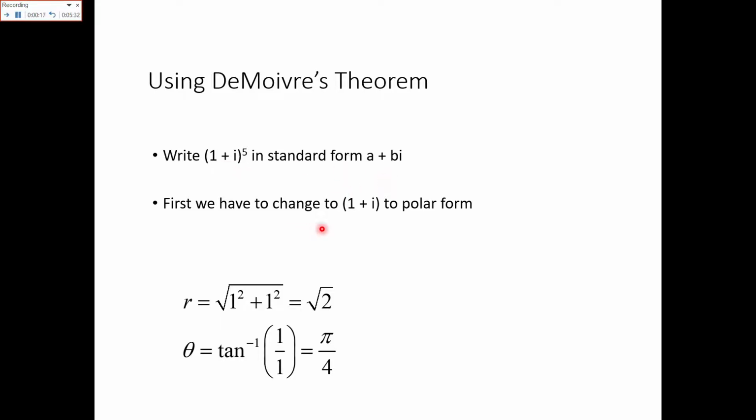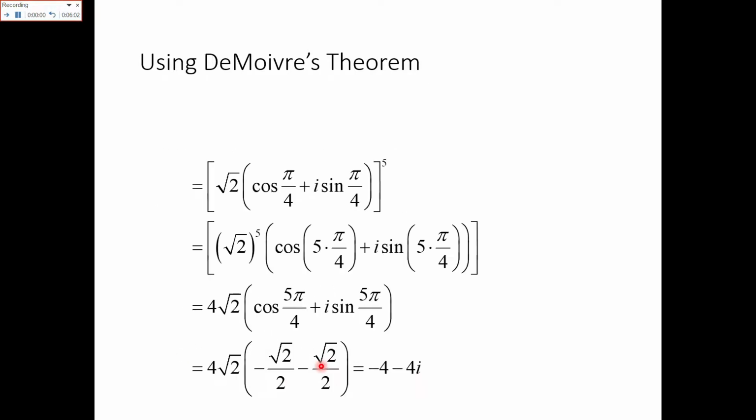First we will convert that number into the polar form to apply de Moivre's theorem, and then we will raise it to the power of 5. Now here r is equal to the modulus of this number, which is equal to the square root of 1 squared plus 1 squared, so r is root 2. Now theta is equal to tan inverse 1 over 1, that is equal to 1. Tan inverse 1 is an angle of 45 degrees, which is equal to pi by 4. Here theta is pi by 4.